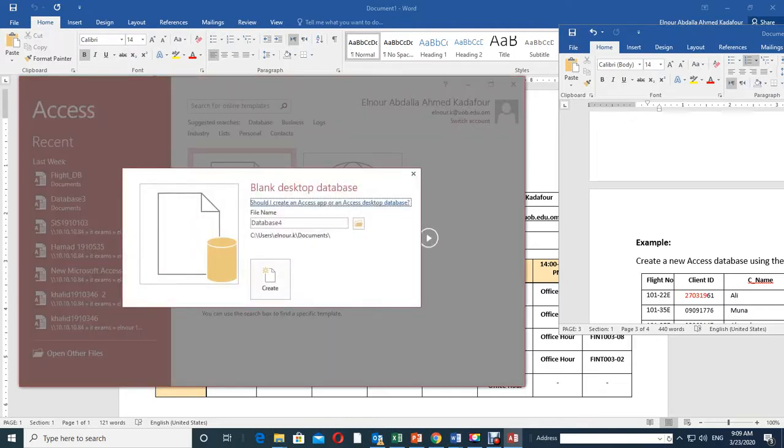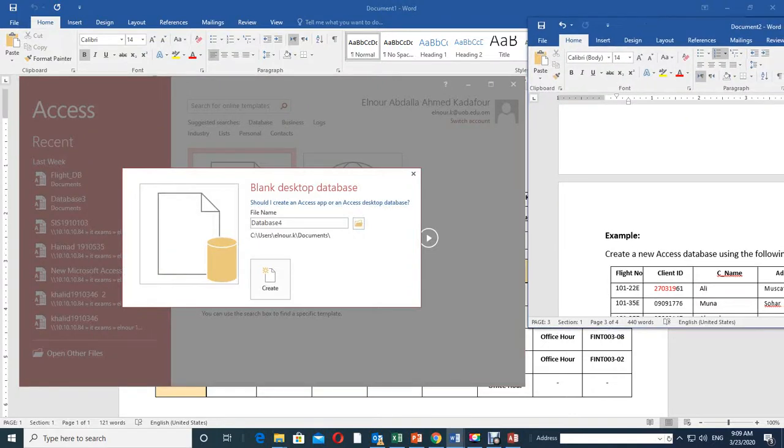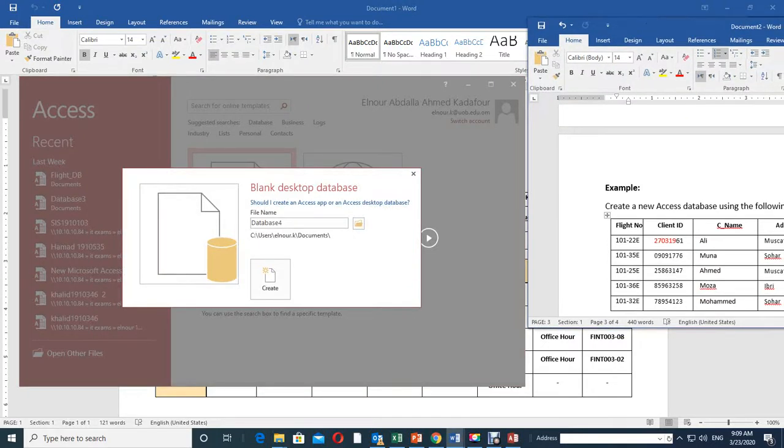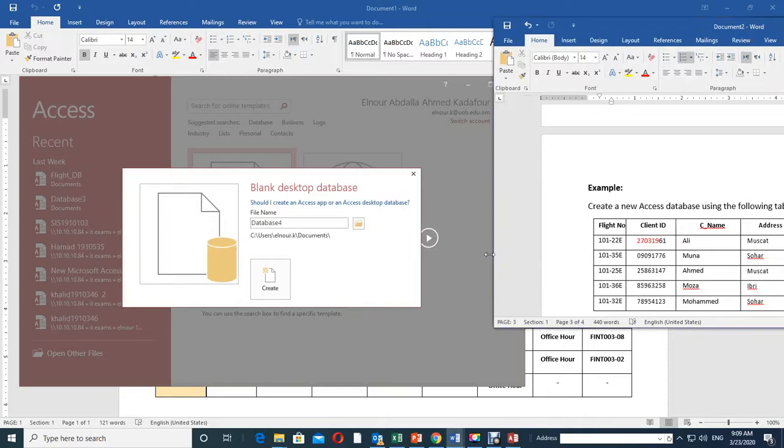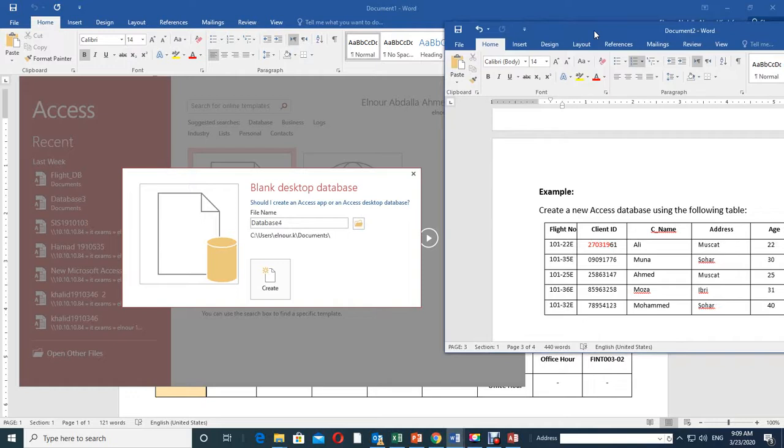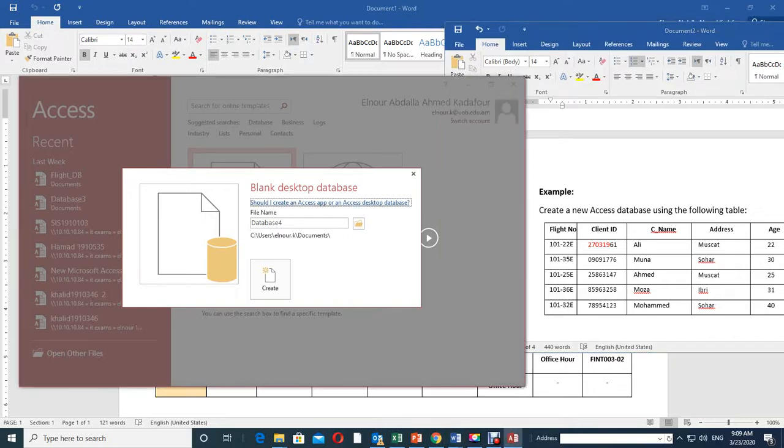Then you have to suggest a suitable name. That depends on what you are going to save, or on the wish and interest of the owner of this database. But for us, you are the owner. So from this table you can give your database name as flight database, booking database, flight booking database, whatever. Suitable, we said. So that could be flight